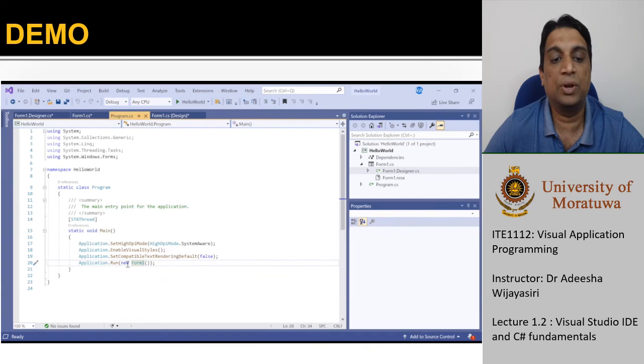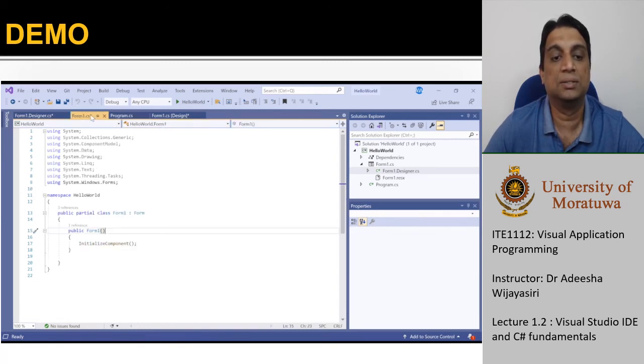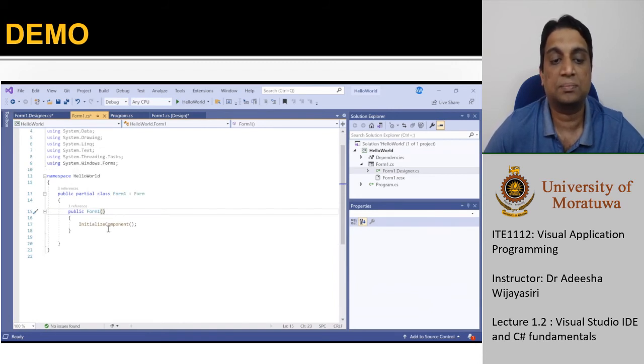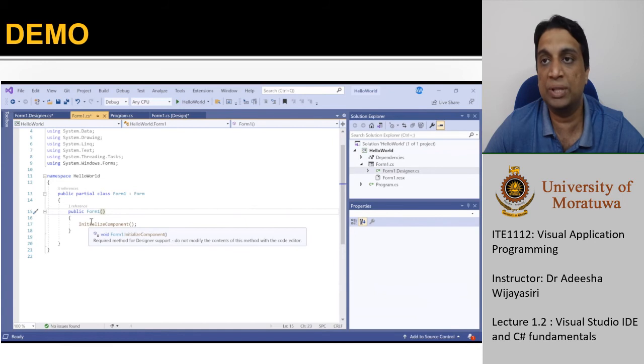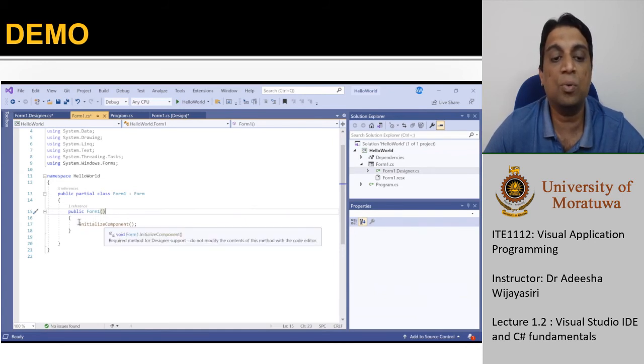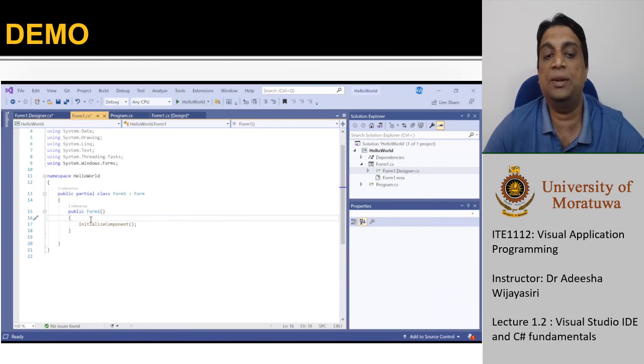When you use the keyword new with parentheses, that will create the object and run it. When you run the object, the method with the same name as the object runs first. That means this is the method named form1. How it works and the terms we use for them, we will discuss later. For now, this is the first method that will run when you create the object.